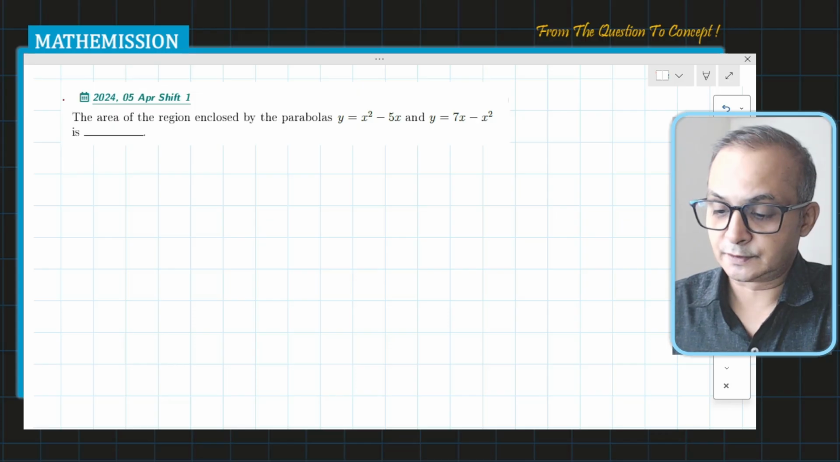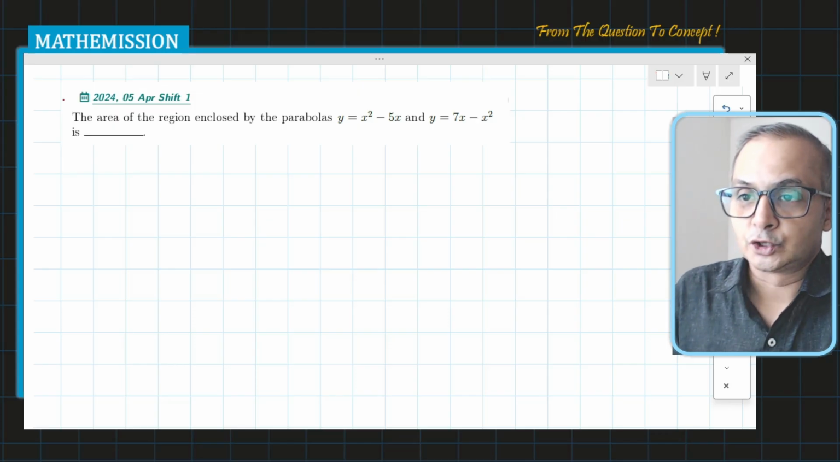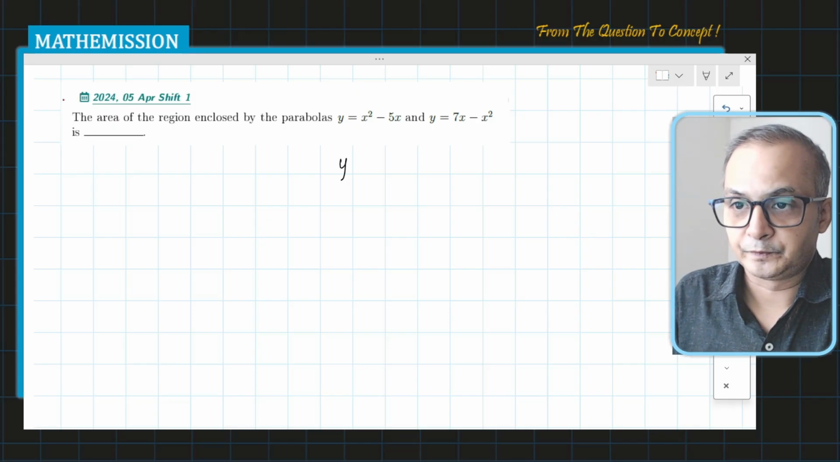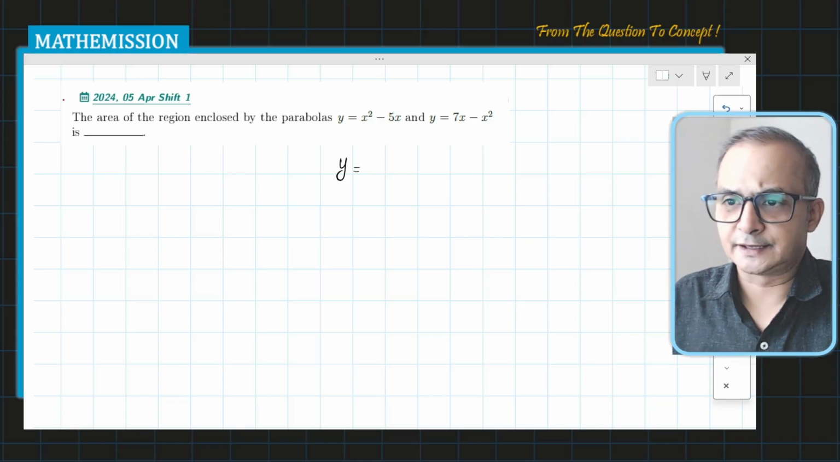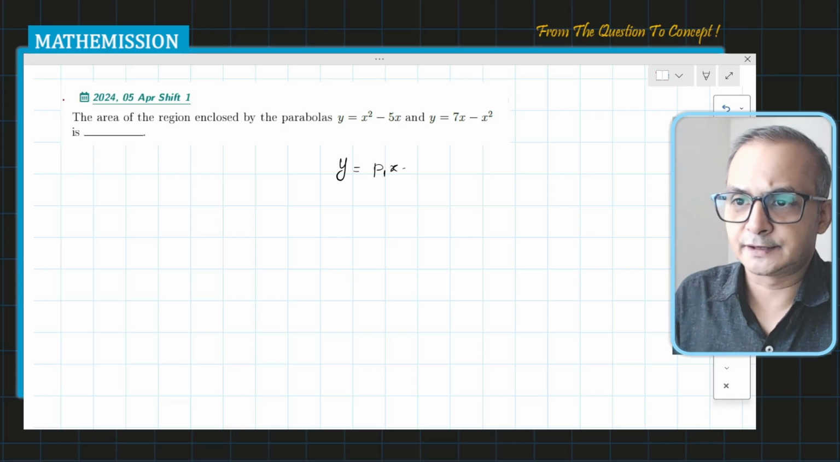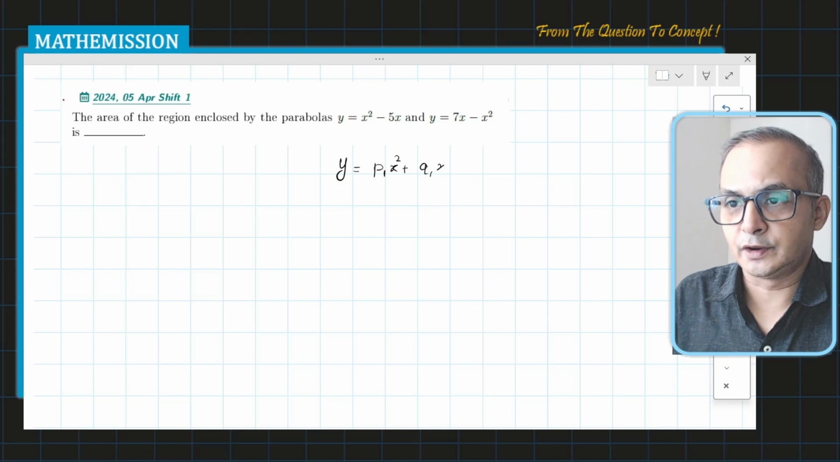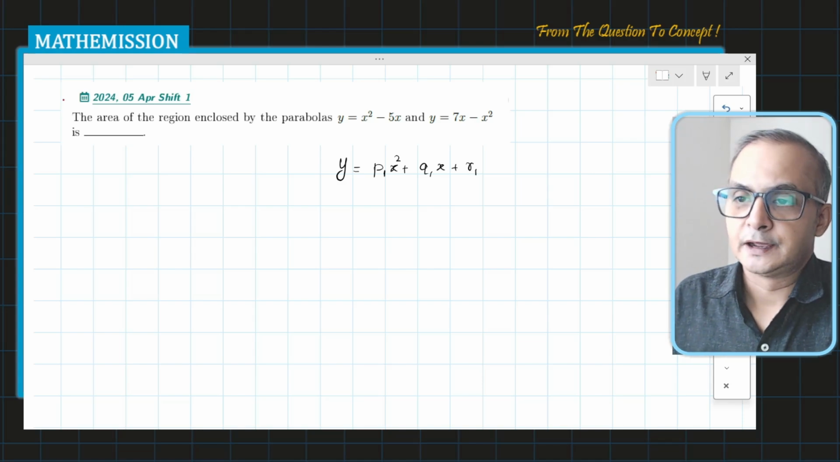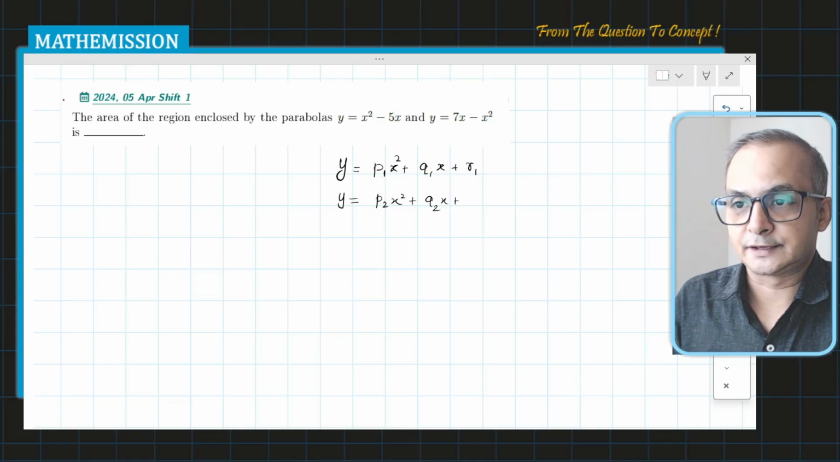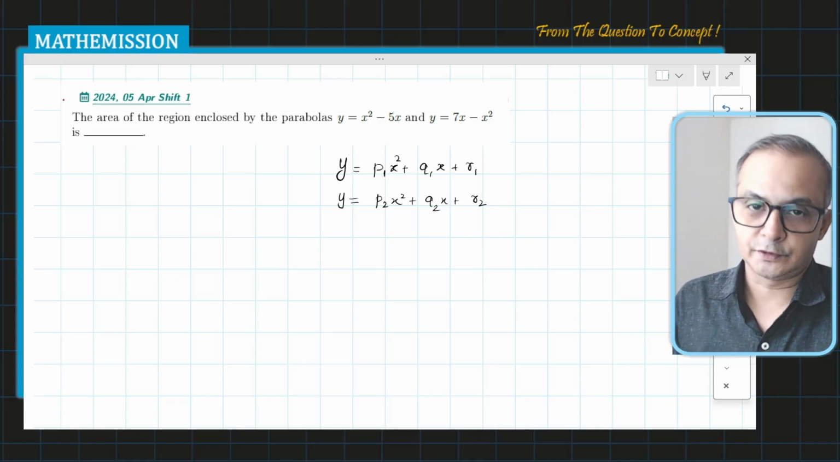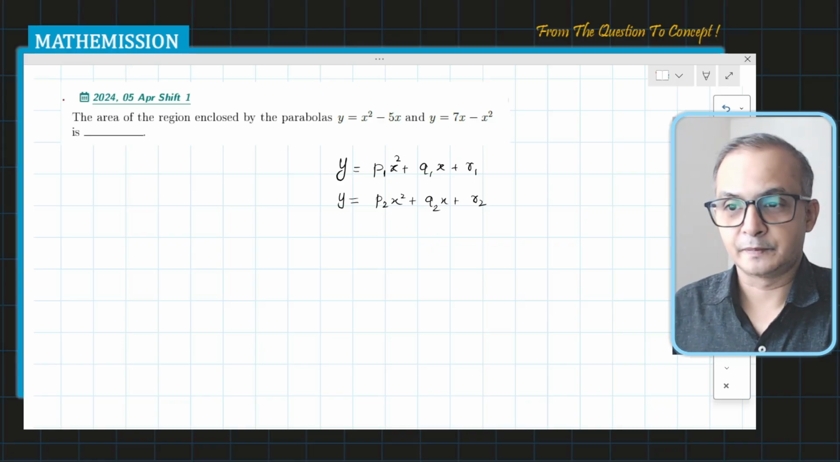So let me just adjust my stylus. Okay, so the idea is this: suppose I have y is equal to p1x squared plus q1x plus r1. This is the first parabola I have, and then the second parabola is, let's say, p2x squared plus q2x plus r2, and we have to find the area enclosed